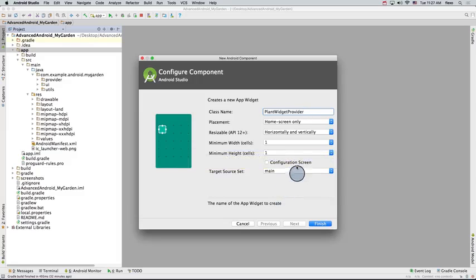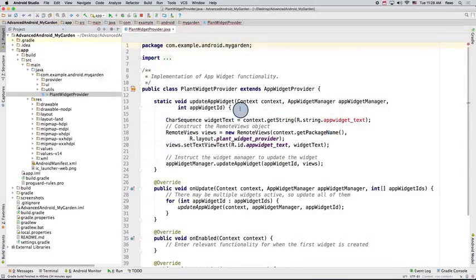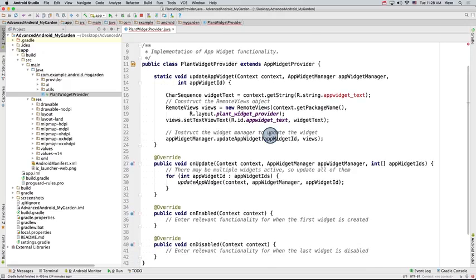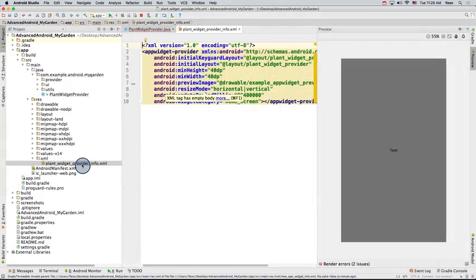We also don't need a configuration screen, since we don't want the widget to be customizable in our case. So go ahead and leave this option blank. Now once you hit finish, you'll notice that Android Studio has created a bunch of new files for us. So first is a Java file with the widget name, and it extends the app widget provider class. It's also pre-filled in some of the methods down here for you, and we'll come back to these in a minute. Another file that was created is the